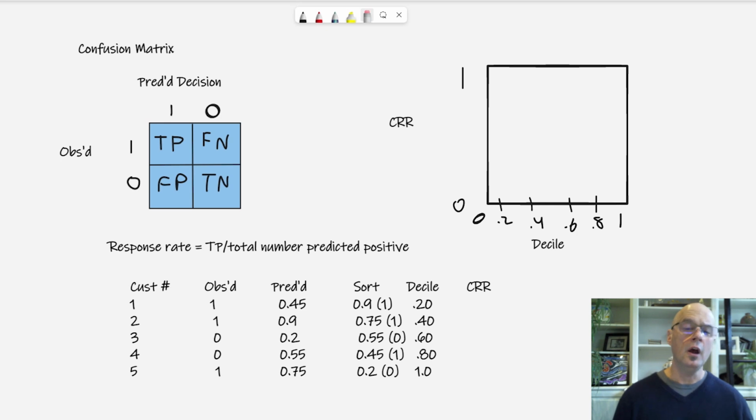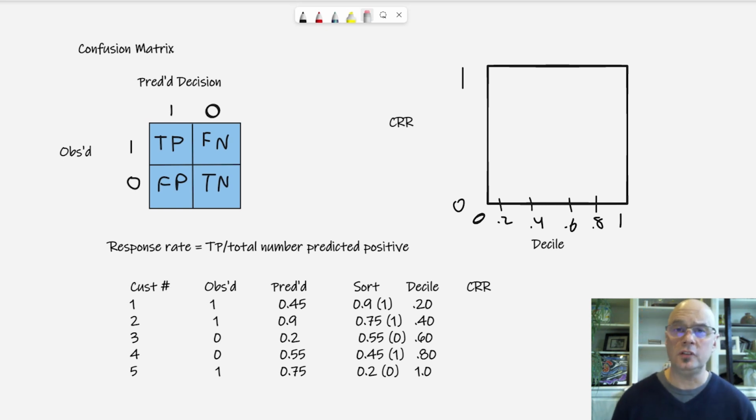So historically, whether the outcome was a known event, a 1, or a non-event, a 0. And across the top, we've got the predicted decision for each case. Now, maybe there's a probability being used under the hood, but ultimately what we're doing is assessing the decision prediction, the model deciding whether each case is a 1, an event case, or a 0, a non-event.